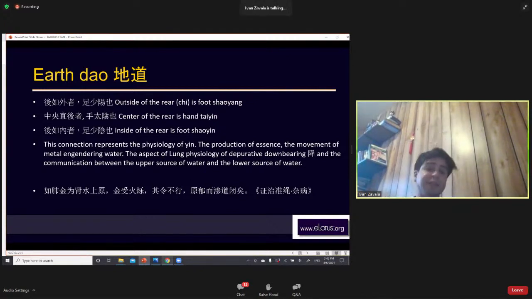This connection represents the physiology of yin, right? Remember I talked about yin starts in the chun, right? It's engendered in the chun and steers in the chi. This actually is kind of talking a little bit about that. The production of essence, the movement of metal engendering water, the aspect of lung physiology of the purity downbearing, suzhang, and the communication between the upper source of water and the lower source of water, right? This is where the idea of lung being the upper source of water comes from, I think from this text,